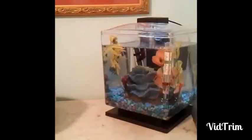Okay, so here's Rose's tank and she is just a veiled tail female beta. And this tank I got for Christmas one year. What happened is we were doing a Dirty Santa game at Christmas with all the cousins, and I got sick on Christmas night, and so I could not go, and this was my gift that I was bringing, and so I got to keep the fish tank. I was really happy, and I got Jeffrey to put him in here,